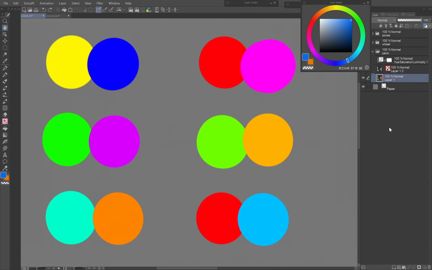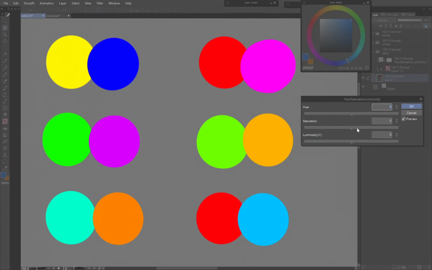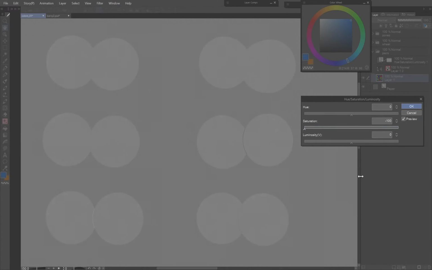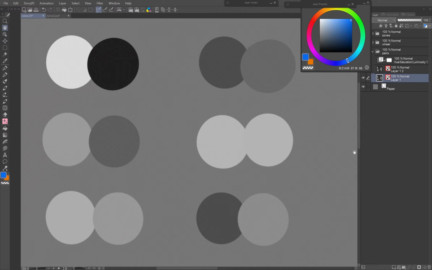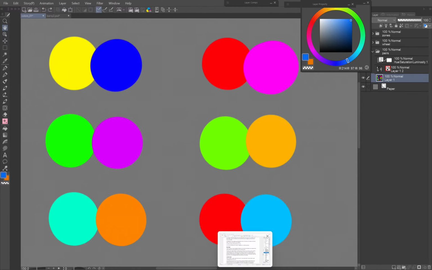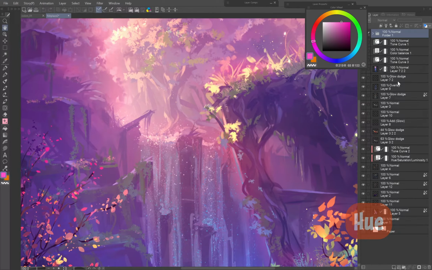Try putting different colors next to each other to see how their relative brightness changes depending on the surrounding color. Some are as you would expect, but some feel surprisingly darker or lighter than their partner. If you desaturate the colors, you'll see they are all the same brightness, but if you use the layer property to change expression color to gray, which takes the relative brightness into account, you'll see how strong the perceived contrast in brightness can be. In short, we can make use of the relative brightness of hues to express light and shadow and much more.